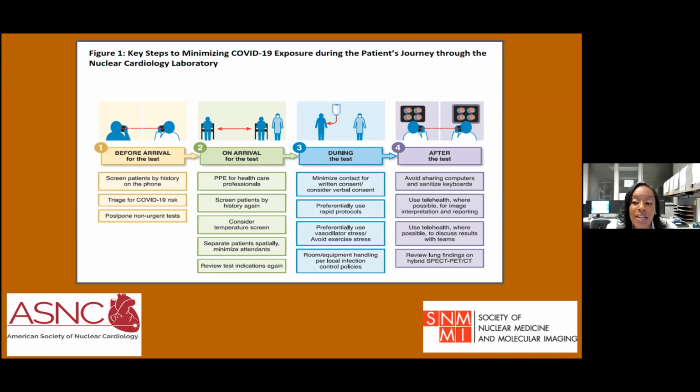Now, after the test, avoiding sharing computers and sanitizing keyboards between physicians. Use of telehealth is also very vital in this regard, as you can also review the studies remotely with your trainees and other physicians, and also using telehealth when possible to discuss results between teams, cardiovascular care teams. And also ensure that if you do have a hybrid SPECT or PET CT system, that the CT findings of the study are reviewed expeditiously right after the scan ideally, and acted upon if there are any suspicious findings for